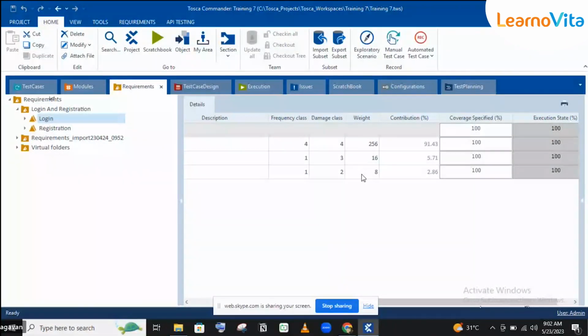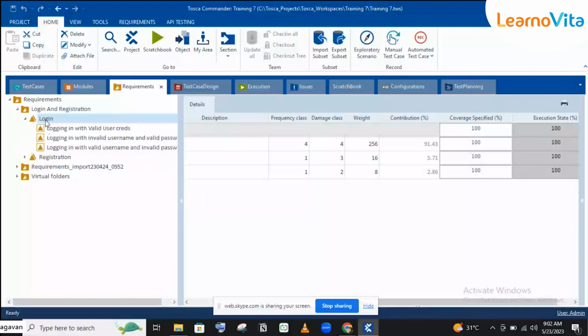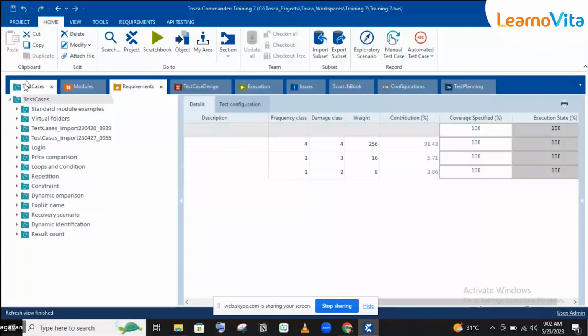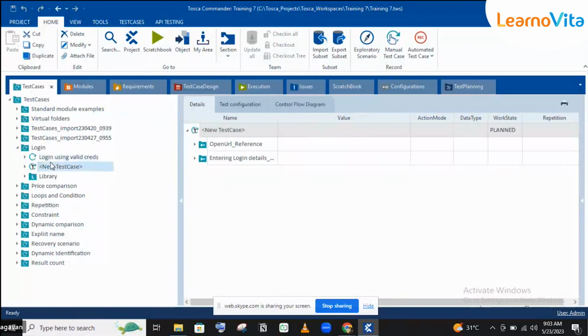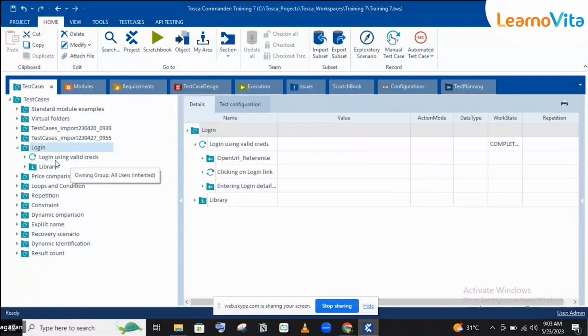So we have one requirement, login. So under that we have logging in with valid user credentials and three different requirements are there. I'll create two more test cases using